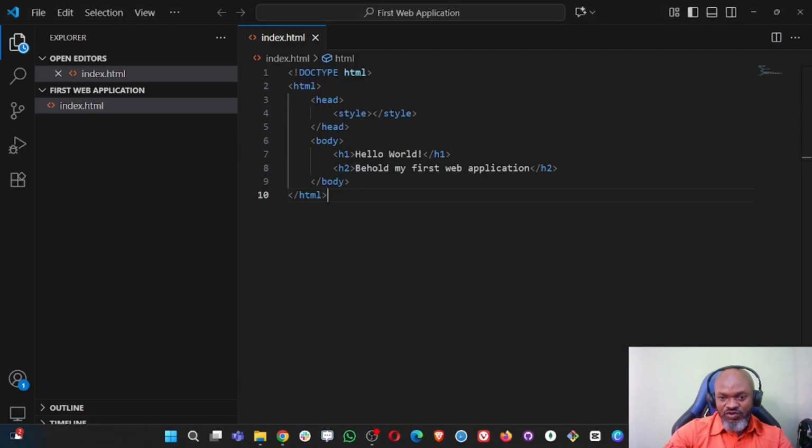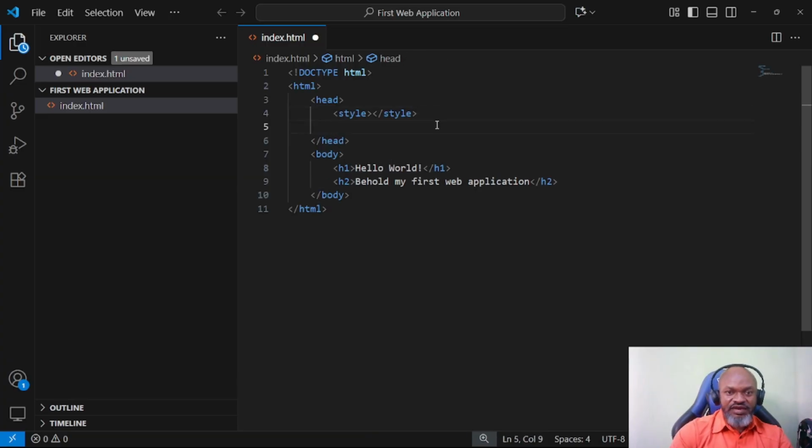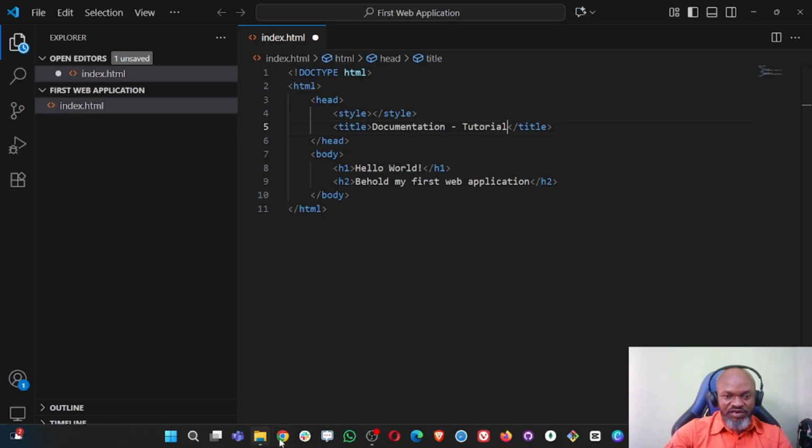I go back to VS Code, and then all I can do is that in the body, I can now add title elements, close it off, type so, and then I come here, what I want to be the title. I say documentation, and then we can say documentation, we can say tutorial or something like that. Okay, so I go back to the web page and then you can see,